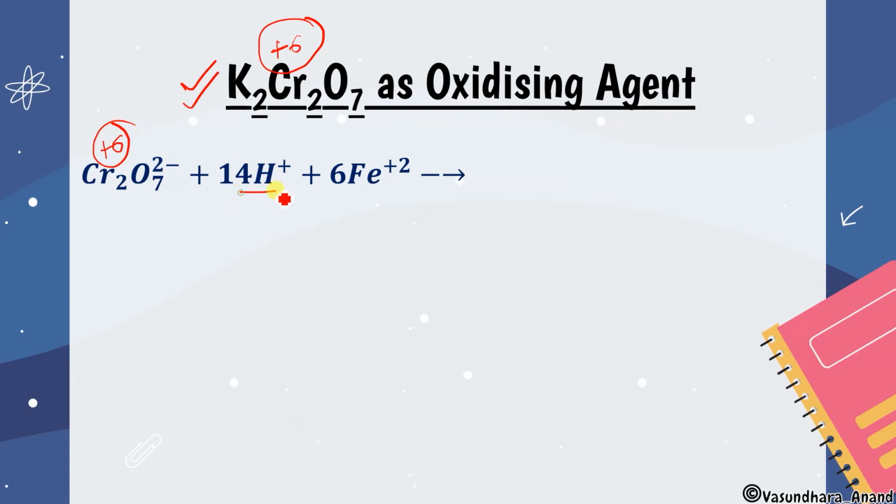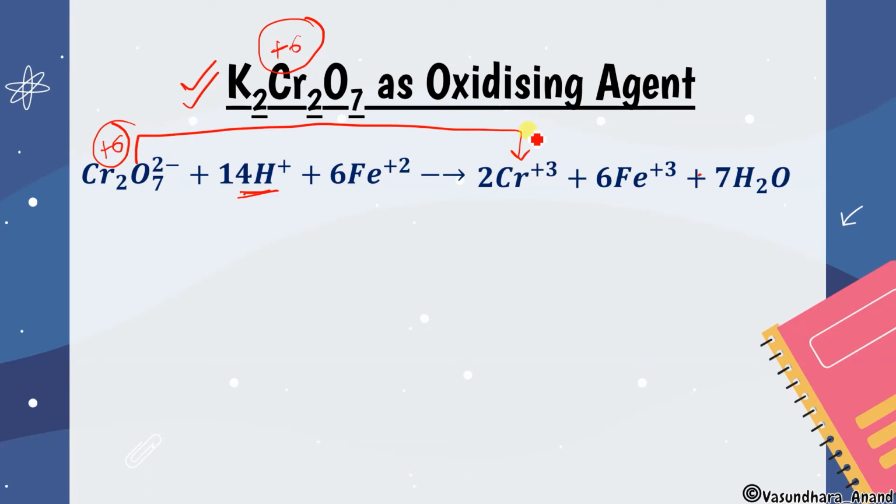And since H plus acid is there, obviously on this side water will be there. So what will be the answer? Chromium, we can see +6 to +3, these are the 2 stable states for chromium, and Fe plus 2 is going to be oxidized to Fe plus 3, and because of this H plus, the water will form. Whatever the number of hydrogens is there, that much, like 7 or half of that, H2O will form. Got it? Now the next equation.